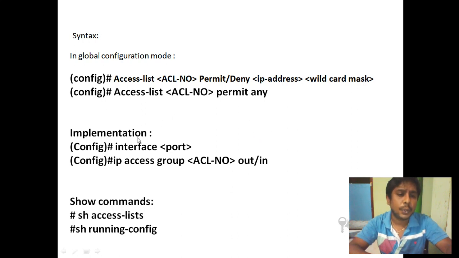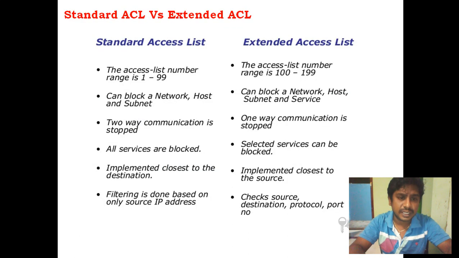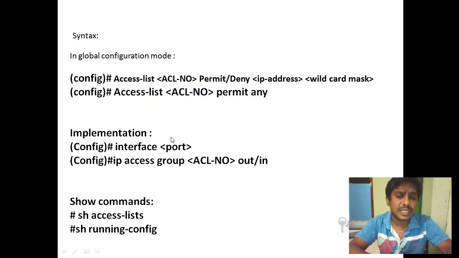Then, when we are implementing the ACL, we need to know on which port to implement it. We need to identify whether it is the port closest to the source or closest to the destination. Hope you remember what we have seen. Implementation is to be done closest to the destination. So we need to select the port at the destination, and from there we need to write whether it is an in or out statement. We will see this with an example in the lab session, where we will see what the in statement and the out statement are and what is to be used there.